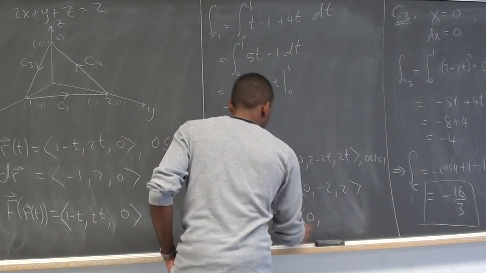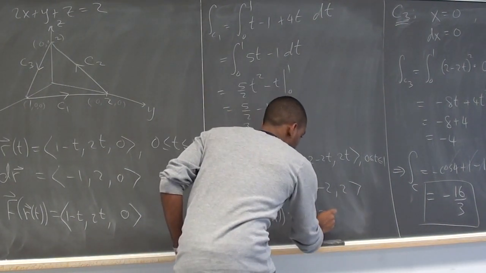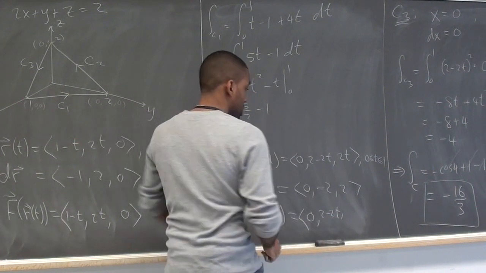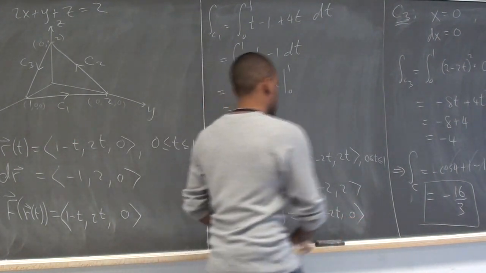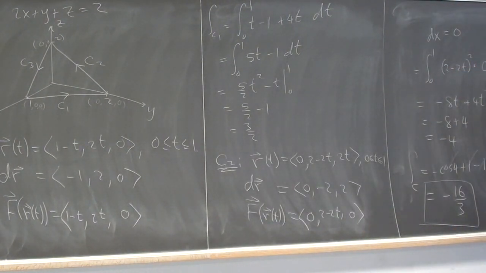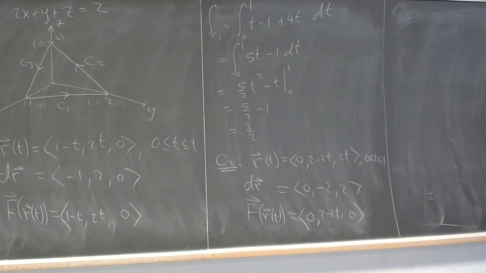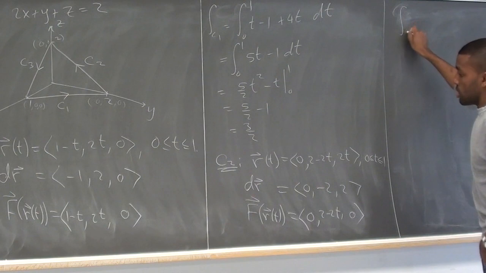Here my x is 0, my y is 2 minus 2t, and then x, y, z would be 0 because x is 0. We don't need to say the boundaries from 0 to 1 each time, technically, but if you know it, you should know. I would say write it down. Yes. And so the integral along C2